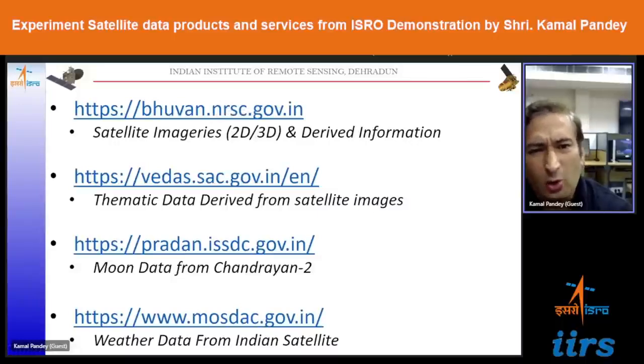These images you can download also, you can visualize them, you can view those images in the 3D mode as well. And there is certain derived information also that I told you in our sensors, that is also available over there. Similarly, Vedas, this is another portal wherein, not in Bhuvan, we have a limited derived information,